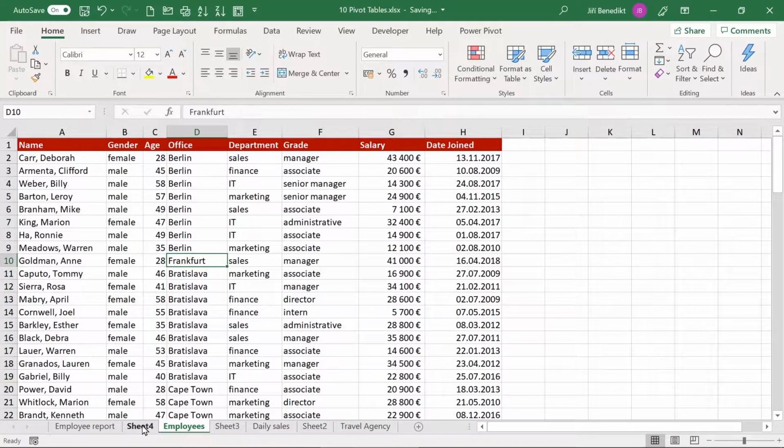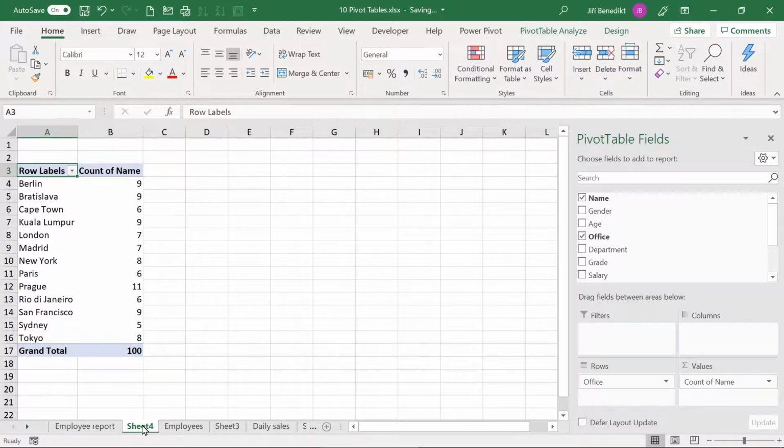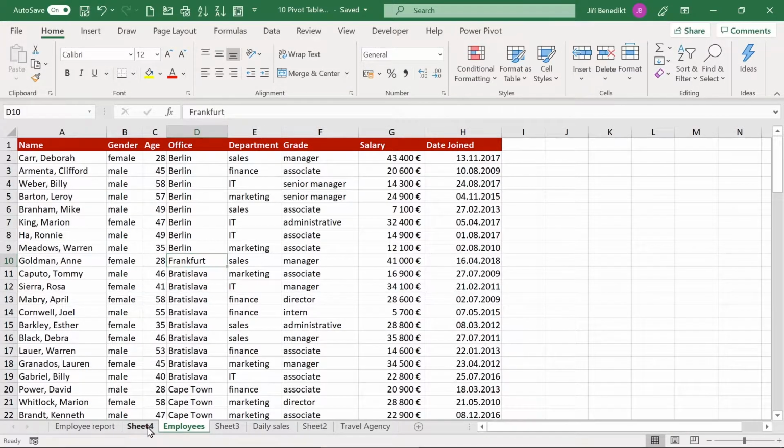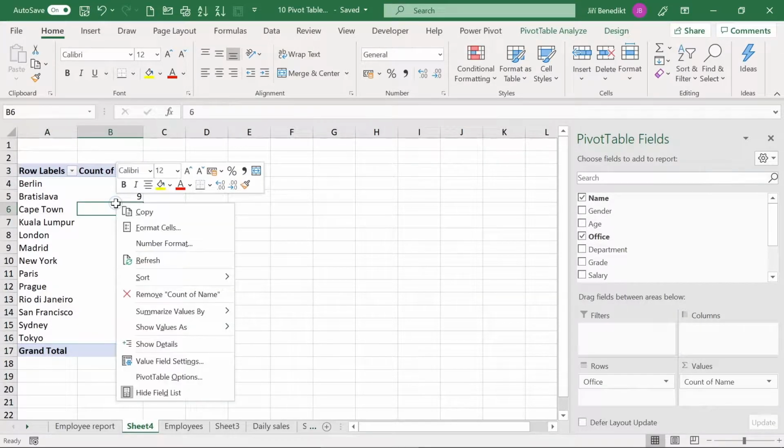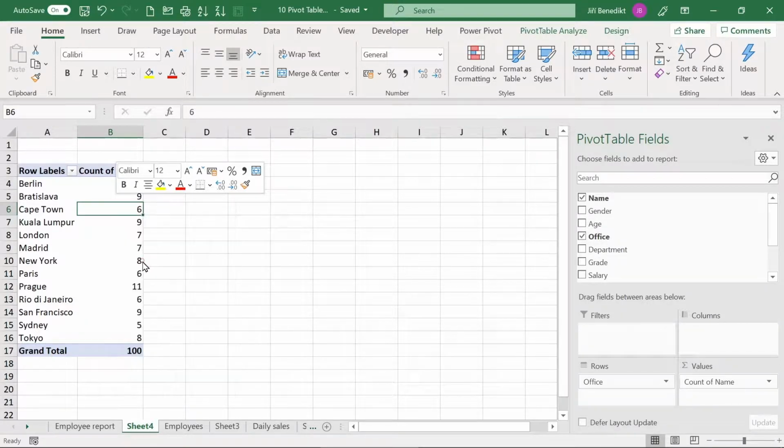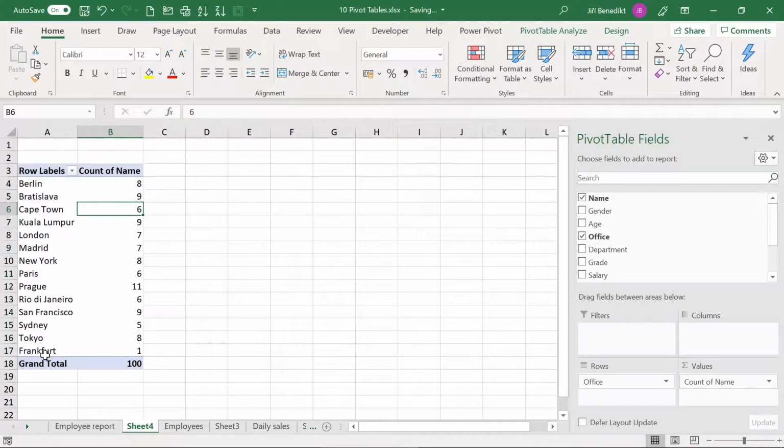So let's go back, and there is no change with the pivot table. The reason for that is that a pivot table doesn't act as a typical Excel formula. It acts more like a web page. So even though changes were made in the underlying data, you need to refresh the pivot table. The easiest way to do it is to right click and refresh, and voila, we have a Frankfurt and